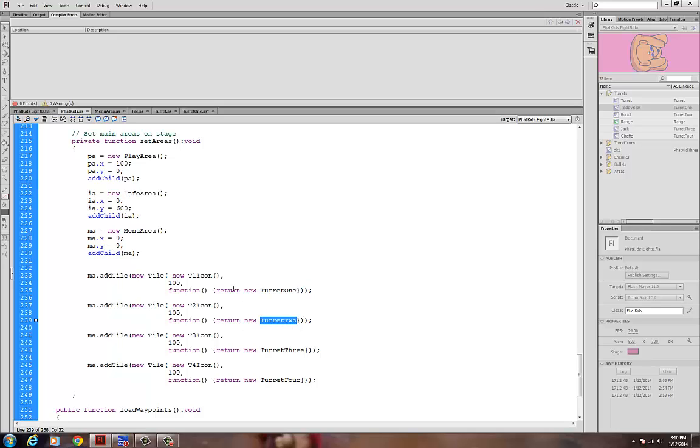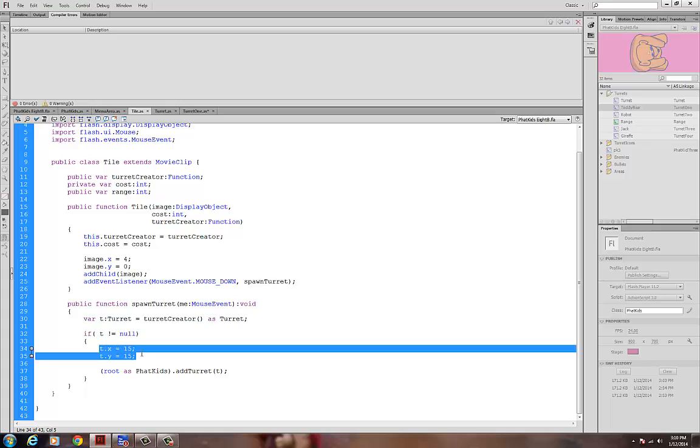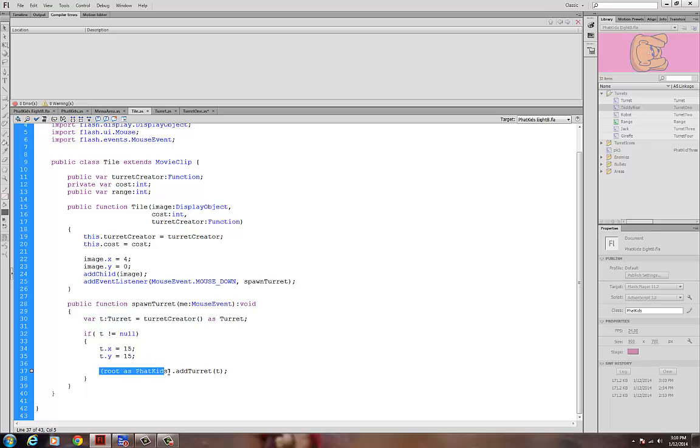So I'm matching a particular tile with a particular method or function which is going to create one of these 4 different kinds of turrets. And so that's all it's doing. So T, if I happen to be clicking tile 1, is going to create a new turret 1, and so forth. So if T is not equal to null, I locate T. Okay, so T.x and T.y,